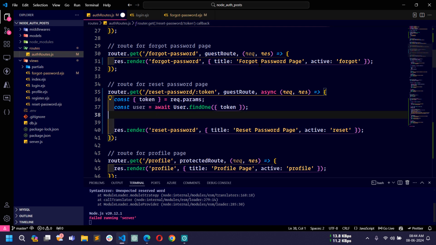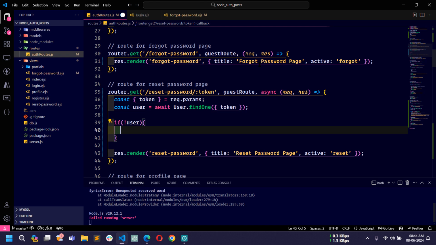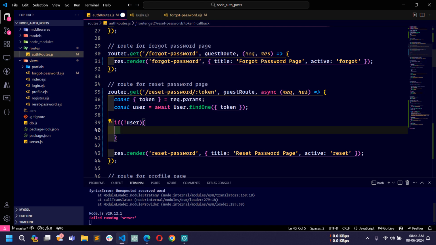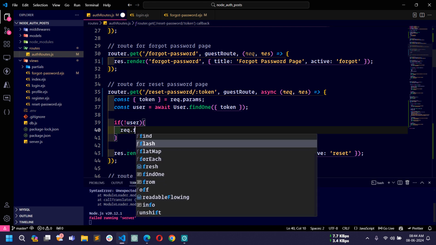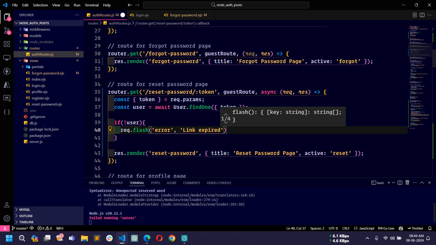Now here I'll check a condition. If not user, it means if the user is not available in the database with this token, then in this case I will use request.flash, and then I will write error, and then here I will write link expired or invalid,